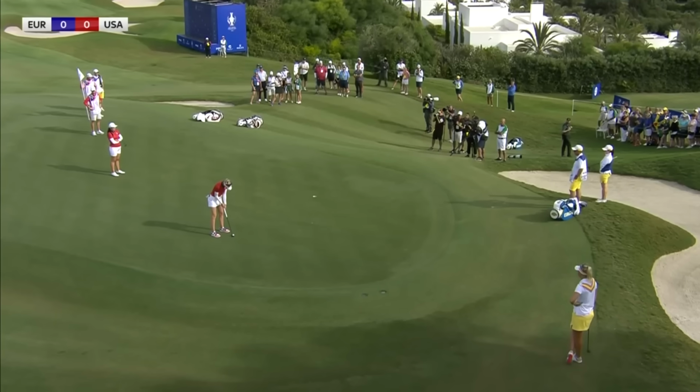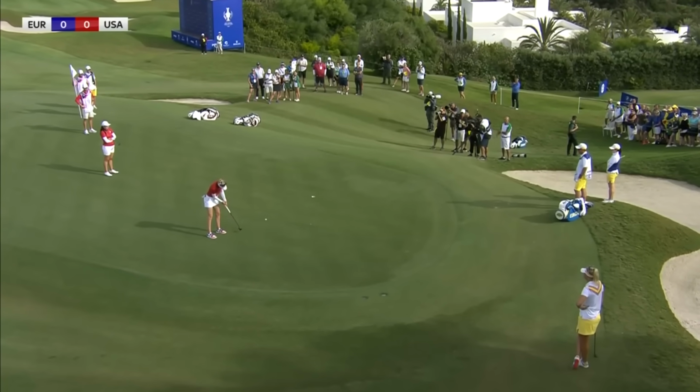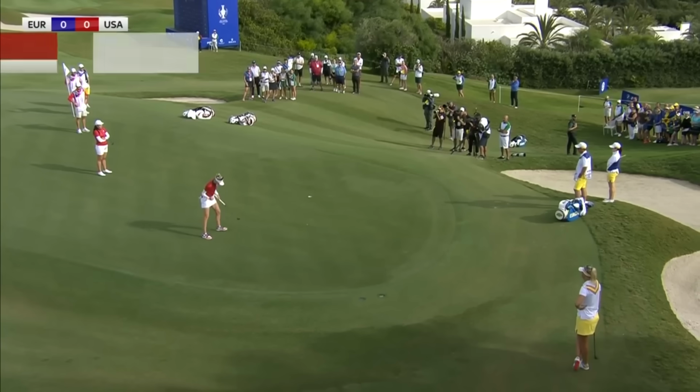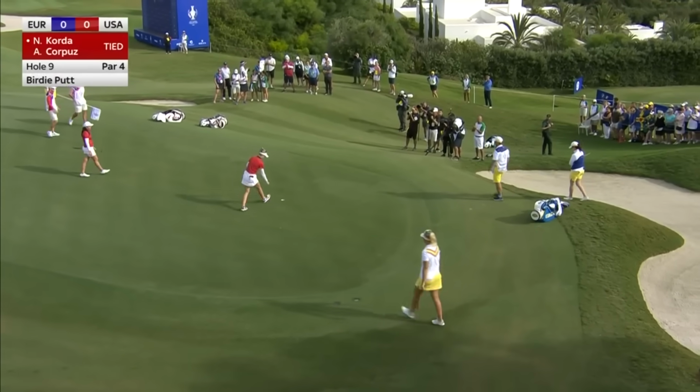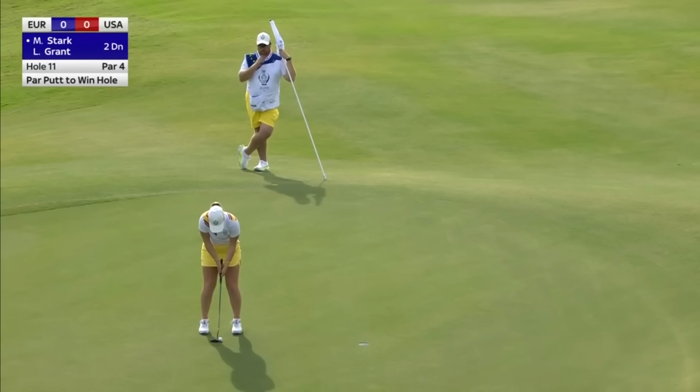This was a moment ago on the same hole. Nelly for the birdie. And that drops. The Europeans still...